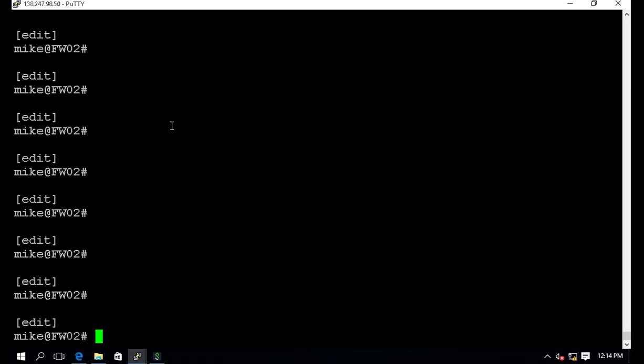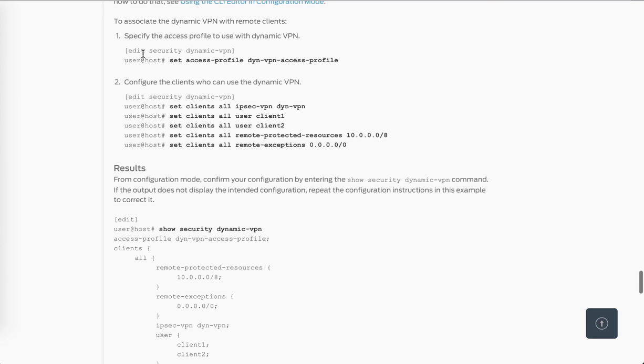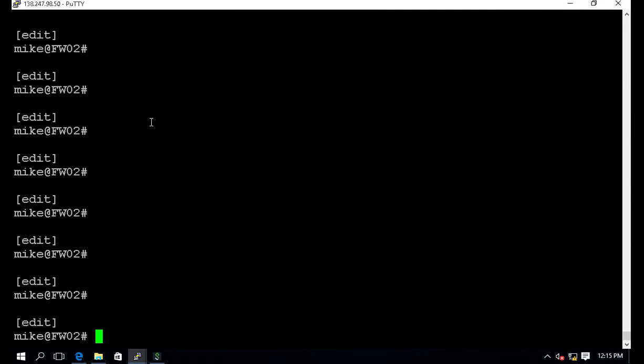So basically the part I was going to have you walk through is creating what's called an access profile. That was going to tie everything back together, and I can show you what that looks like. It would have been basically this part here. So we would have created an access profile, and we would have tied that to our dynamic VPN, associated our clients with it, given them access to our internal protected resources, and we would have been able to establish this VPN. What I ran into here is when I was in edit security,